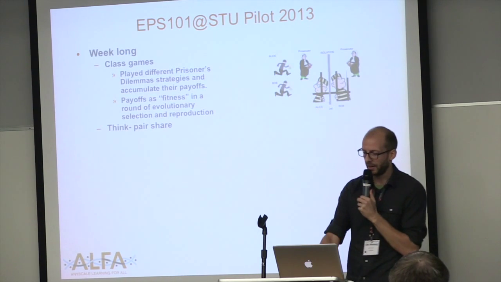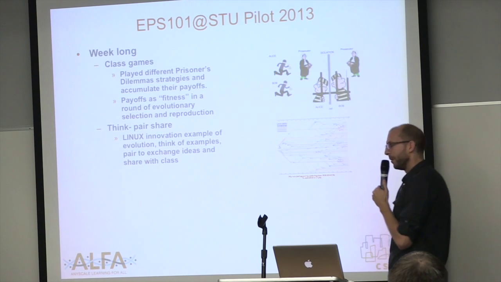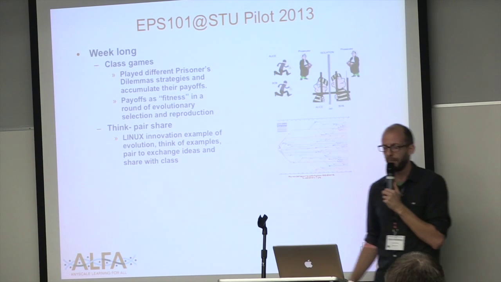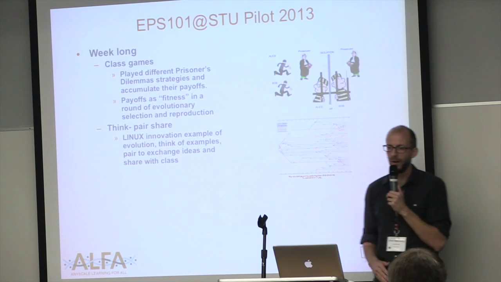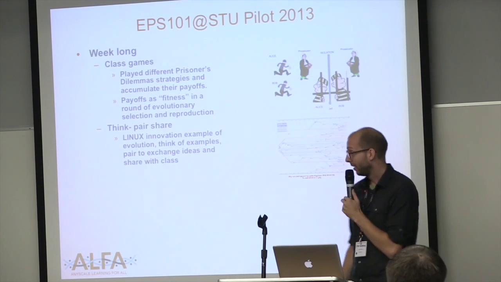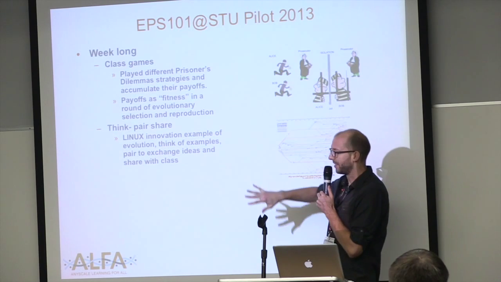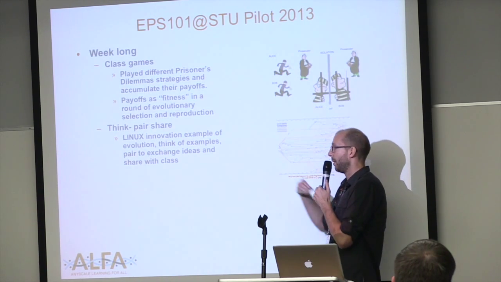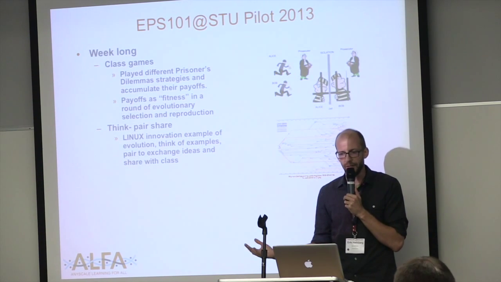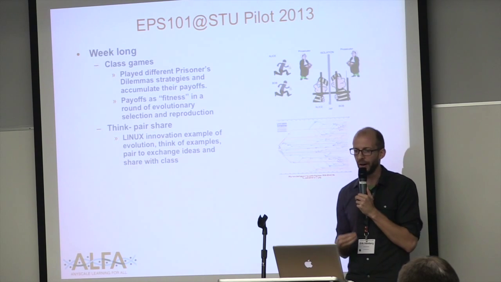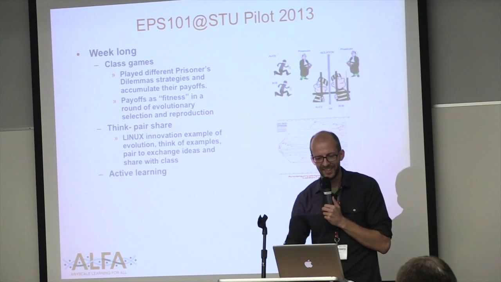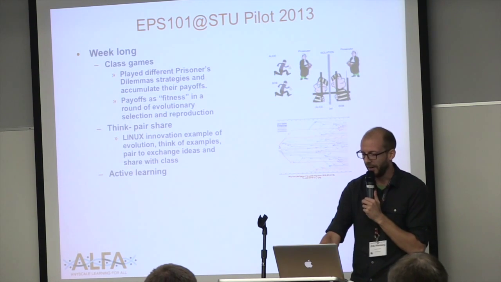Second part was think, pair, share. So again, this is a debate between me and my colleague. What examples are good? Of course, as computer scientists, I pick Linux innovation as a good way of showing how operating systems can evolve as one example. Some people might not think that is the best example. But the students see it as an example, think of the examples, pair and share. And here we come into a language part where they are really able to understand the things, but communicating is very hard, so you can get the discussions to be quite stuttering.